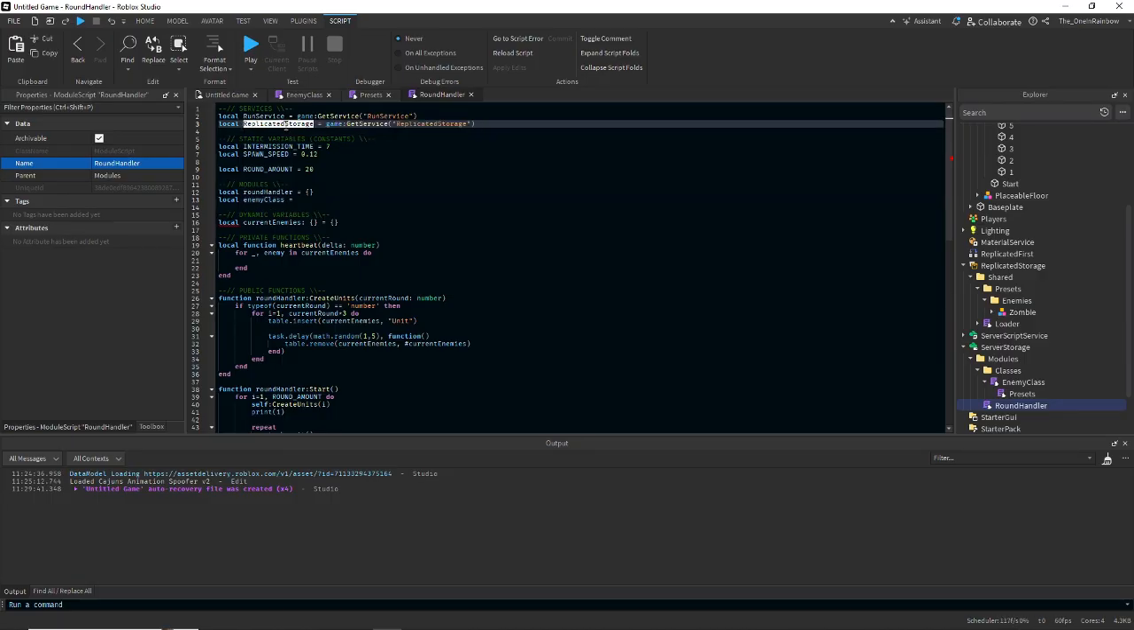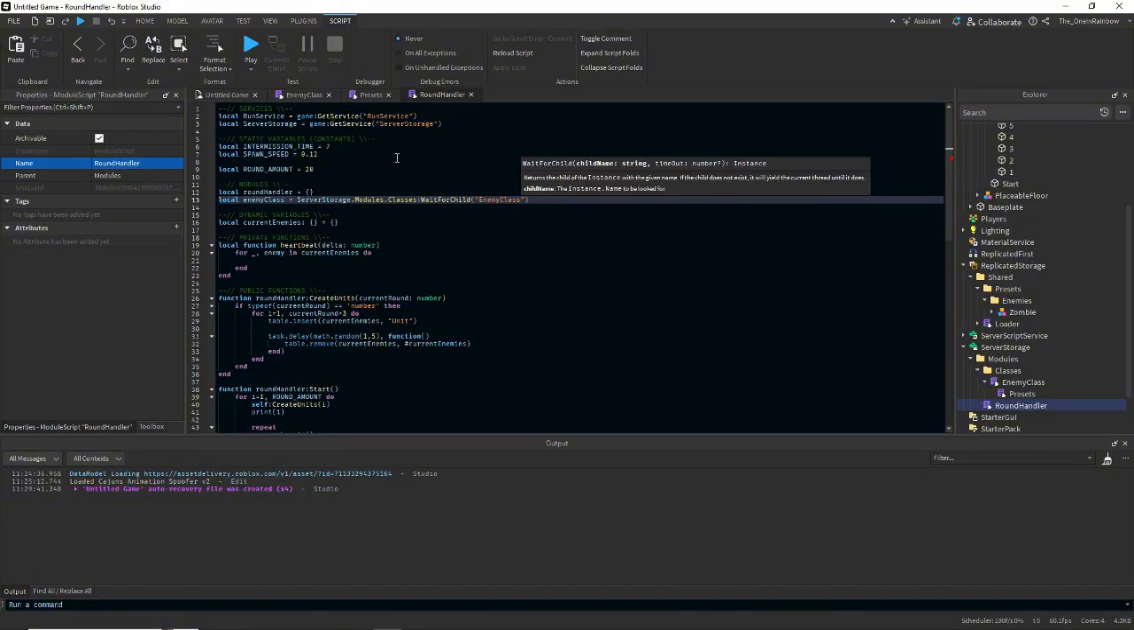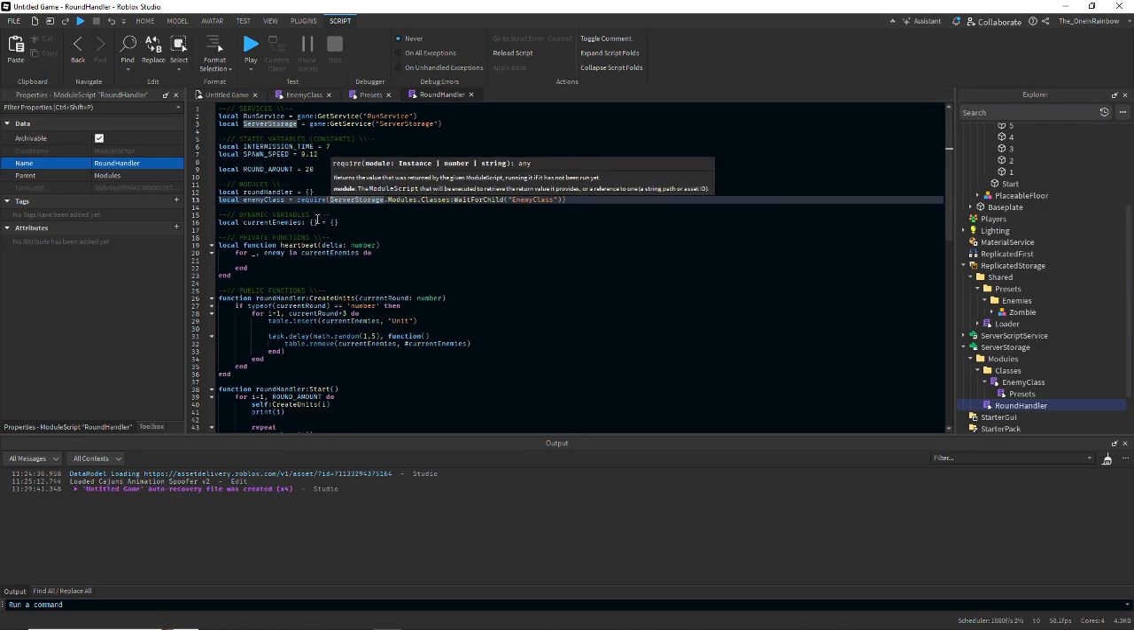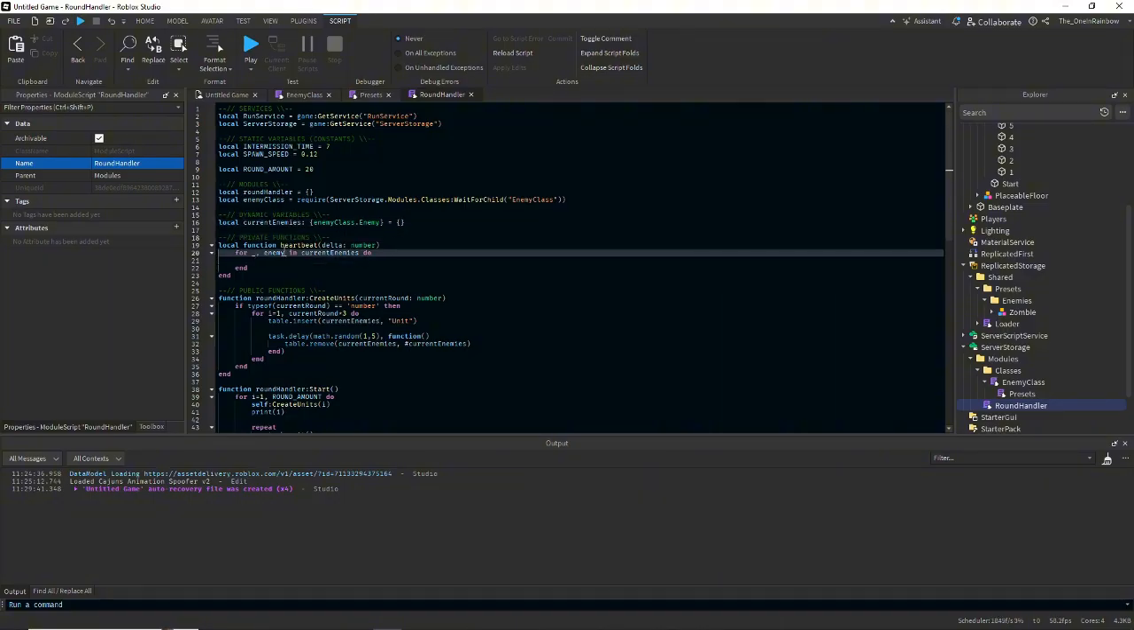Local server storage, not replicated storage. Enemy class equals server storage dot modules dot classes wave child enemy class, and make sure it's required. Require that. So current enemies is a table of enemy class dot enemy. So it's a table of those. And now for enemy, which is an enemy class dot enemy, do